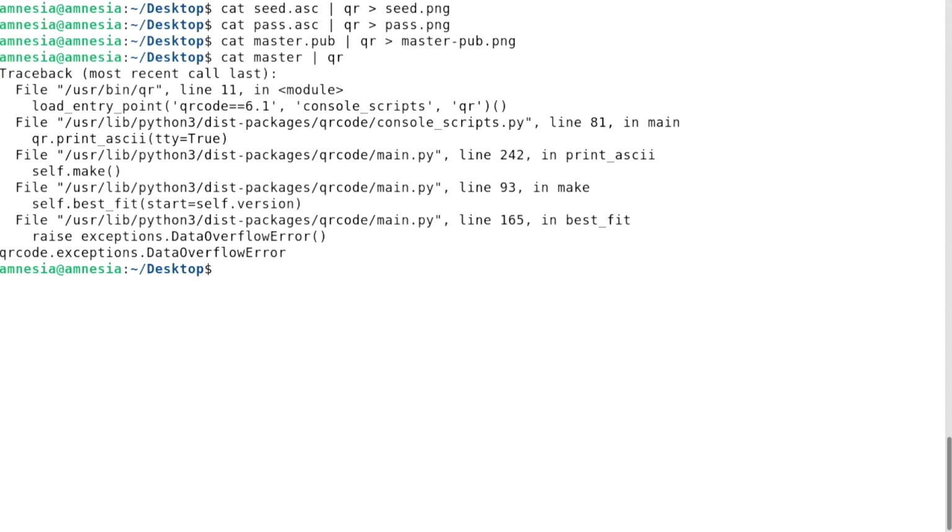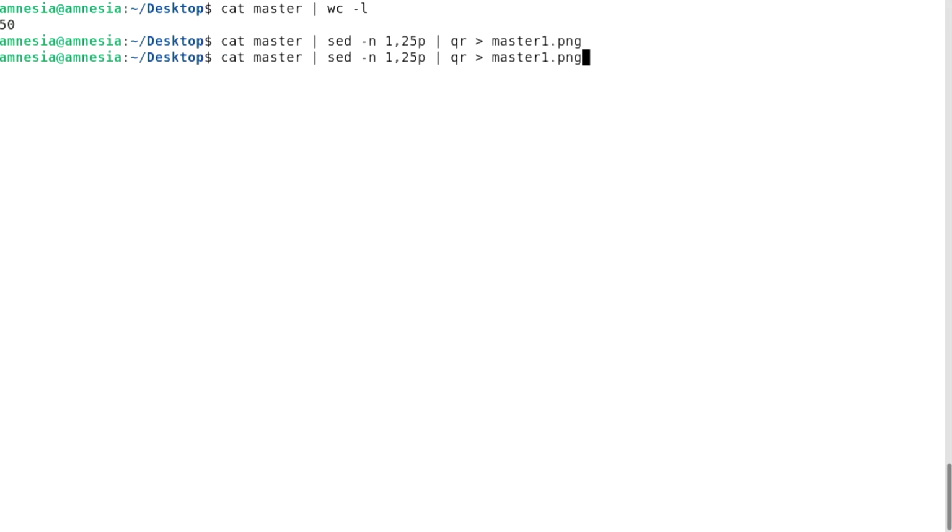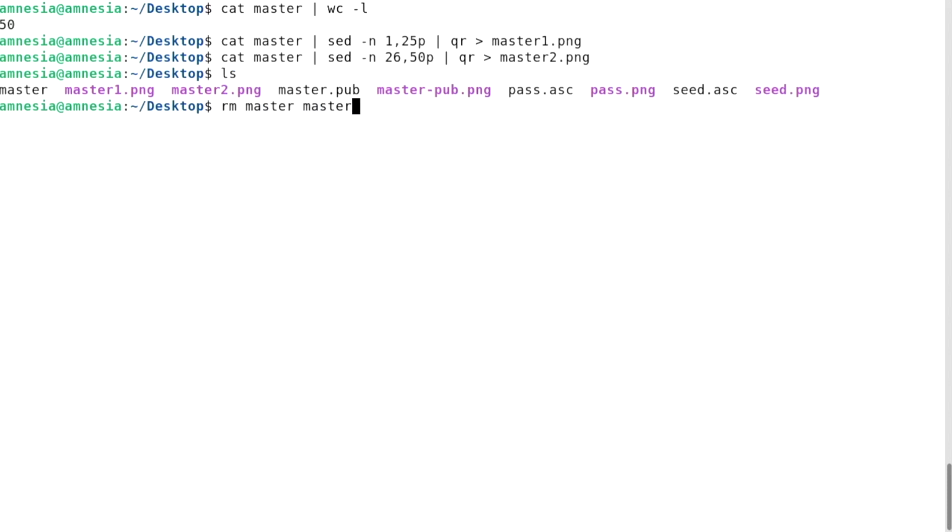There's too much data in the SSH key file for it to fit into a QR code. I will use the split command to split the key into two QR codes. The file is 50 lines long. I will split it right down the middle. I will get rid of all text files